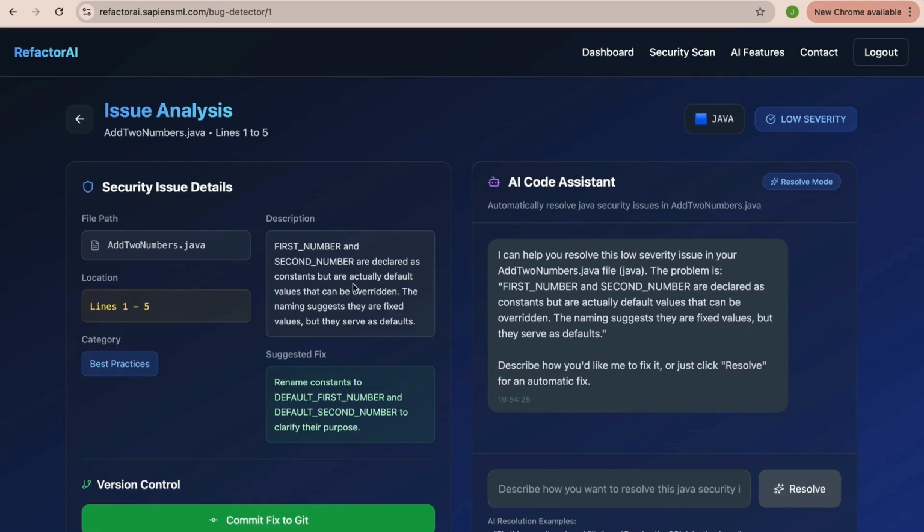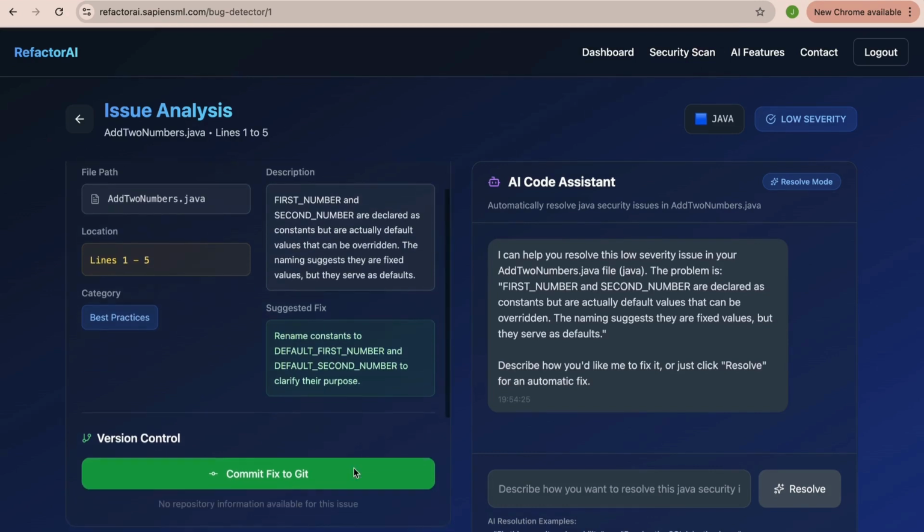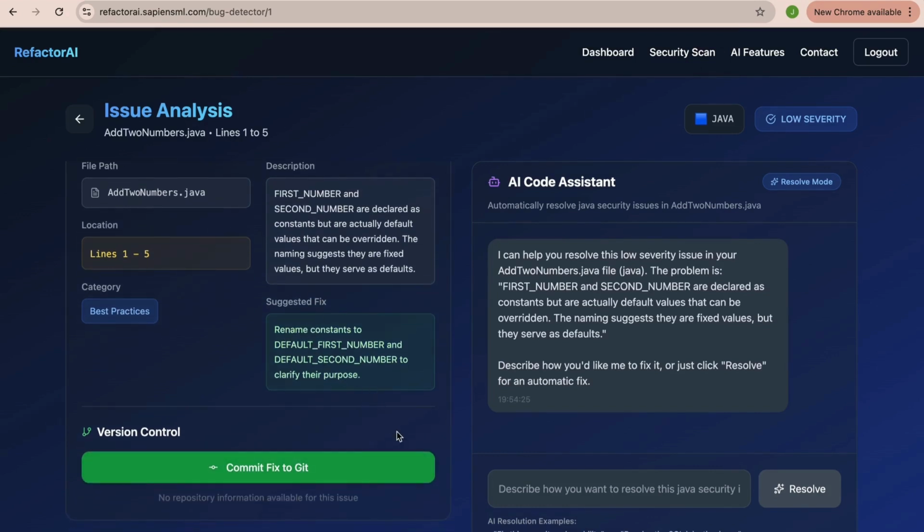You can see the file name, the specific line numbers, and the affected section of code. Along with the code, you also get a clear explanation of why this is considered an issue and what impact it may have. The system then provides a suggested fix, explaining how the issue can be resolved. You can choose to review the suggestion and apply the fix manually, or you can resolve it instantly using the